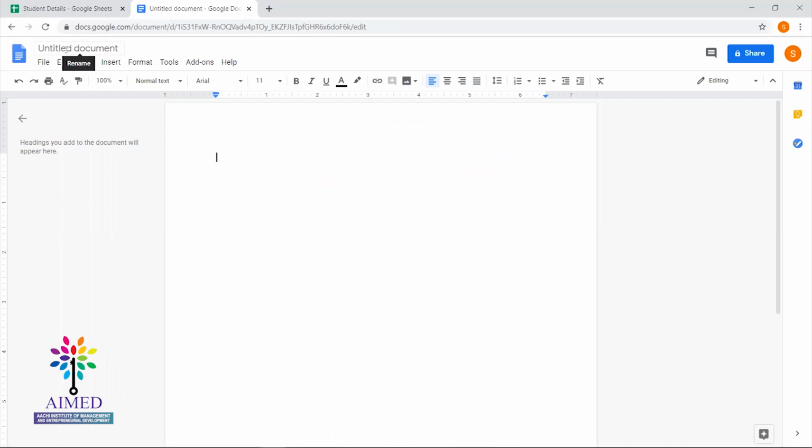As I said, if you want to change the name of the document, you can check the left corner. There will be an untitled document. There you can change the document name. I'm just naming it ECBib demo because now we are going to see the demo of the ECBib application.